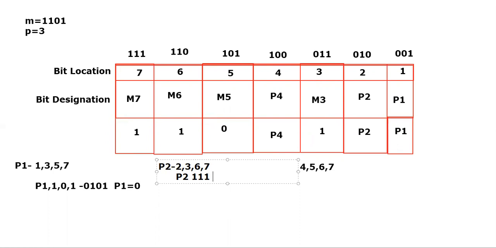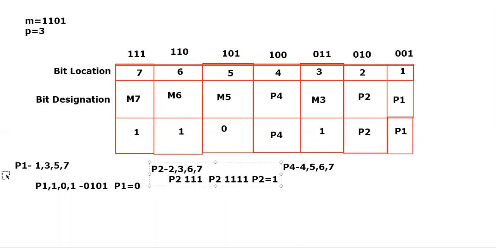So now I can make P2 as 1 so that you get 4 ones, which is an even parity. See, the number of ones that you have is 4, which is an even number. Therefore your P2 value is going to become 1. So this is another stage. We have calculated the value of P1 as 0 and the value of P2 as 1. How do you do that? You should set P2 in such a way that you have an even number of ones here. That means we are considering an even parity.